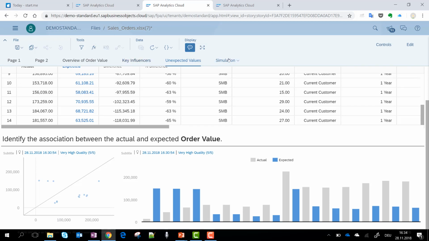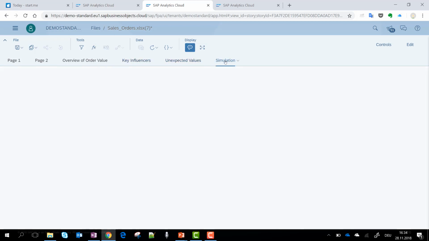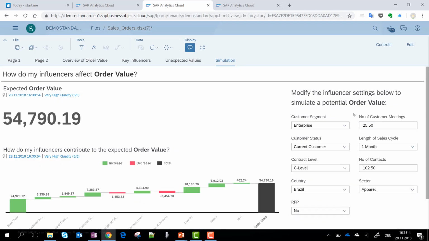And as a last part, simulation here, so I can literally interact with the model and say, these are my driving forces, and there are certain of those that I can literally change. So how would the same transaction really behave if I invested slightly less? So the system would expect quite a change, 4% less of an order value for a similar transaction that had different characteristics. And this also brings confidence into the model on the one hand, but also into the mechanics that are underneath it and that are brought